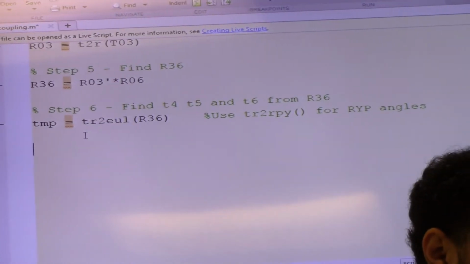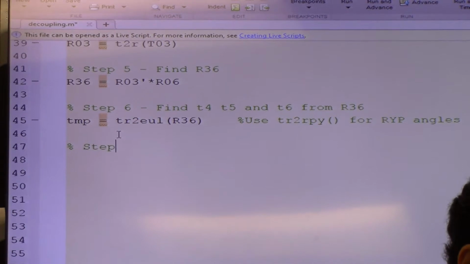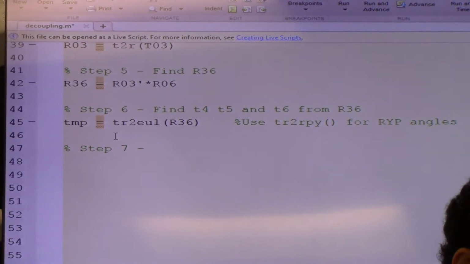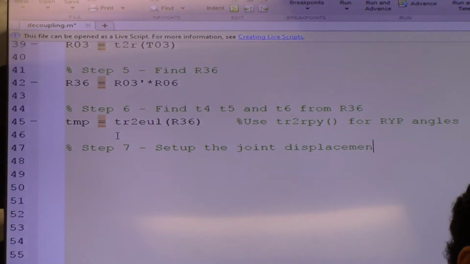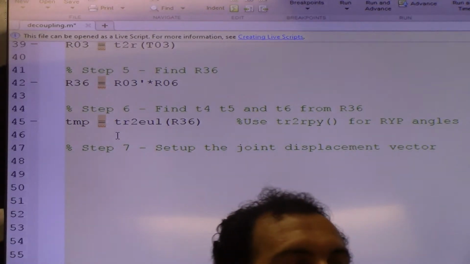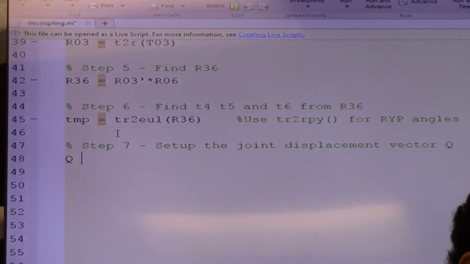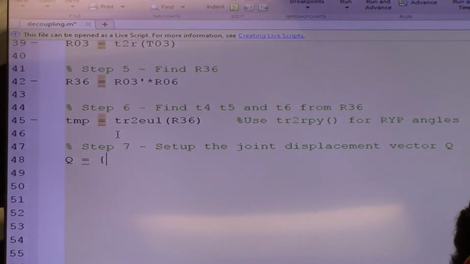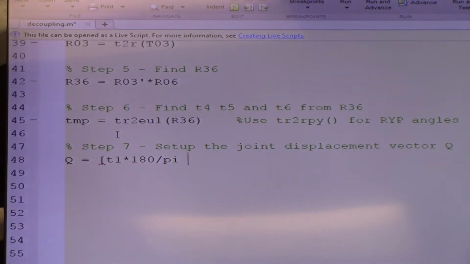So we'll say here, I'm going to say Q, the joint vector, step 7, is set up the joint displacement vector Q. So Q will be equal to, the first one was T1 times 180 by pi, because I'll convert it into degrees. Okay, that is the first one. 180 by pi will give you